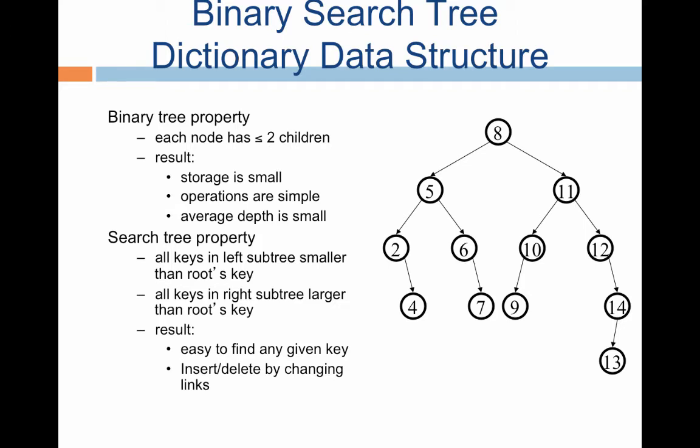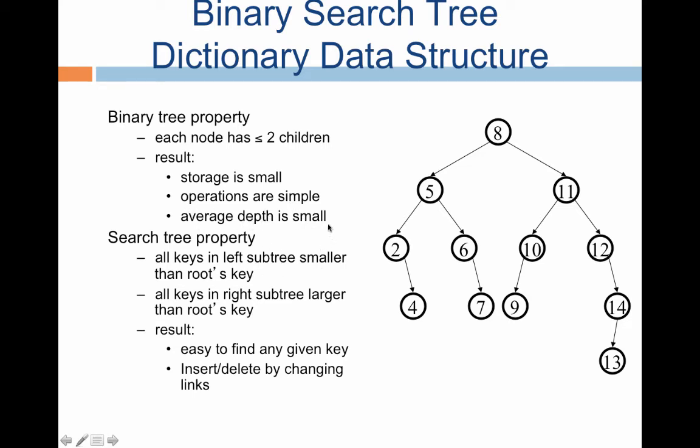And our wish list is that if you take the average depth of a node, what do I mean by the average depth of a node? For example, if you take the depth of every node, add it up throughout, that is, take the depth of all the nodes, take the sum, and then average it over all the nodes. This must be as small as possible. Right? This is a wish list.